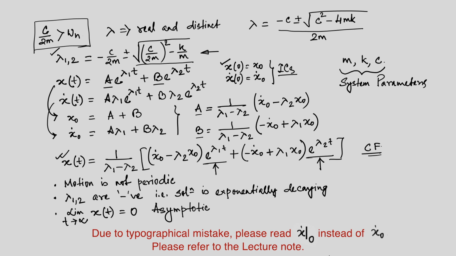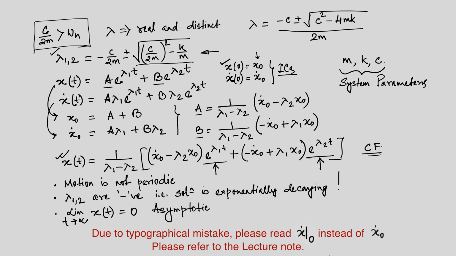So, it will start at t equal to 0, where we have initial conditions that must be satisfied, because that is how we find the solution. At t equal to 0, we have to satisfy x naught and x naught dot. Then as time progresses, it will exponentially decay and asymptotically reach the 0 line. We will plot that in a minute. Now, that is the solution of an overdamped case and the nature of the solution. So, let us plot the solution.